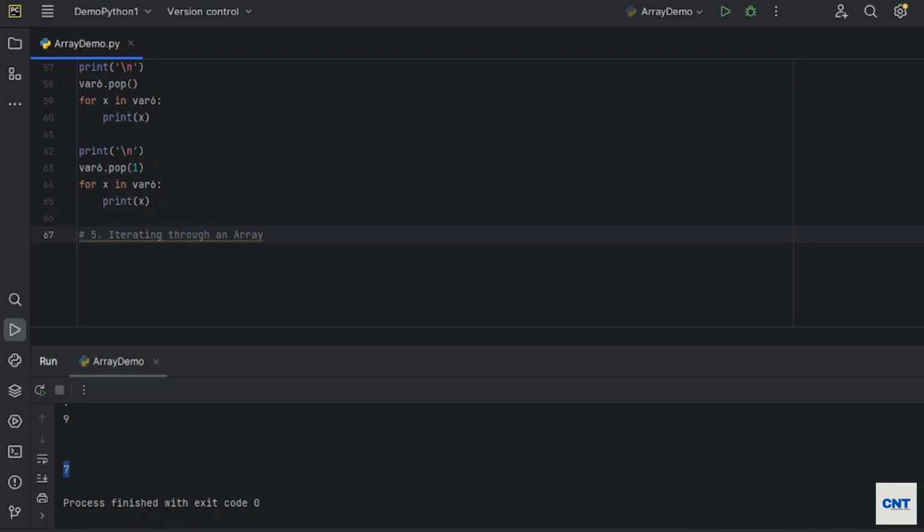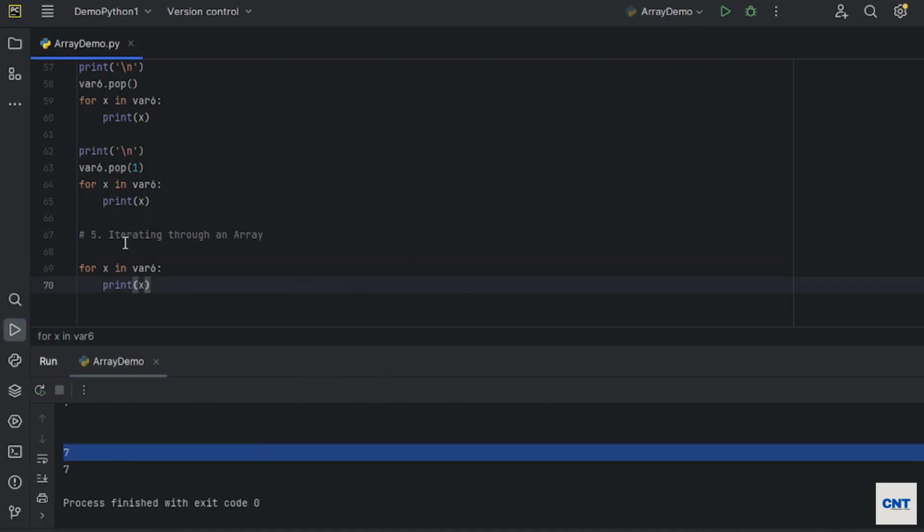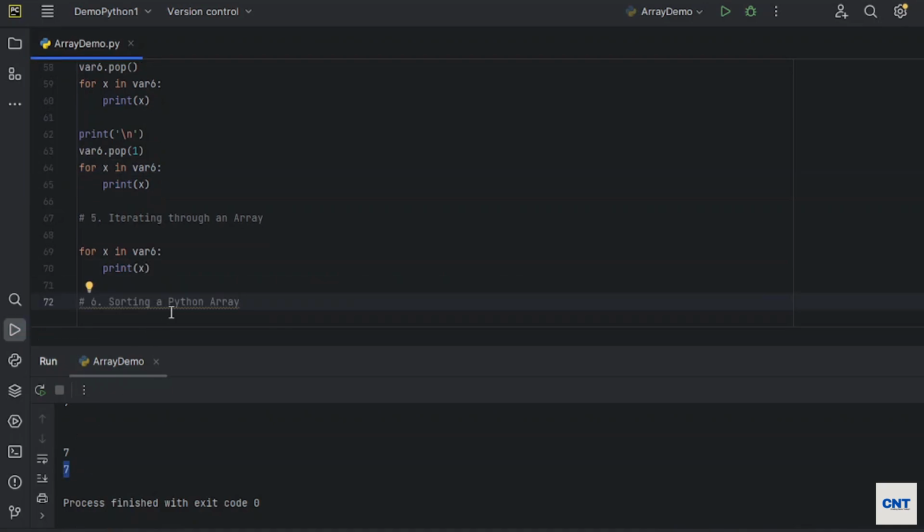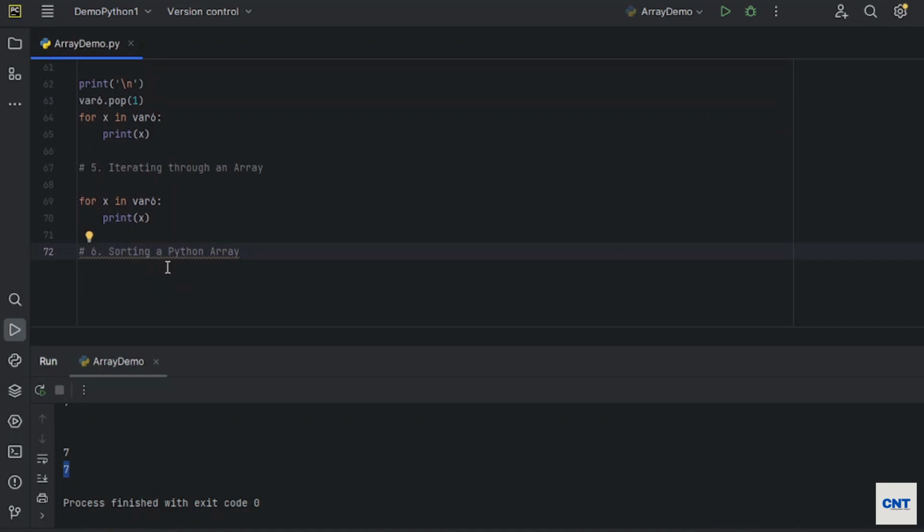The next type of operation is iterating through an array. This is simple. Let's run it. Okay, 7 was printed from here, and now again 7 is printed. The next type of operation in the array is sorting an array. Let me take var7.